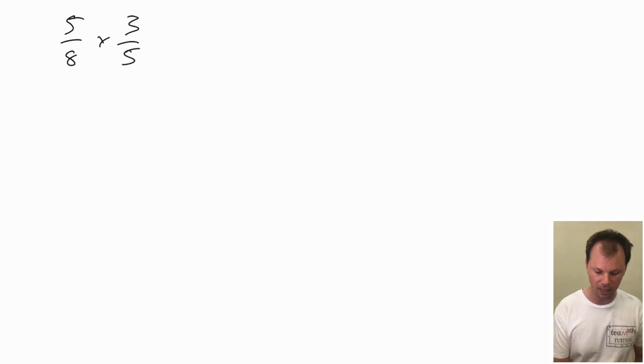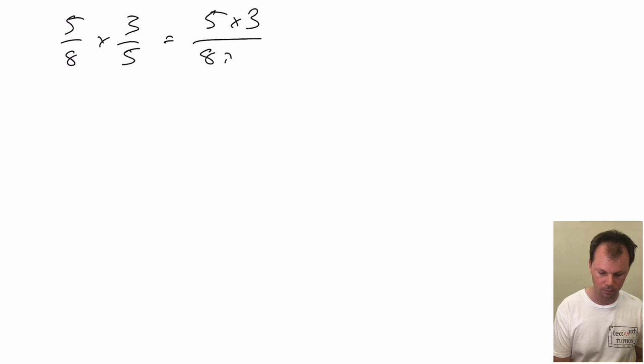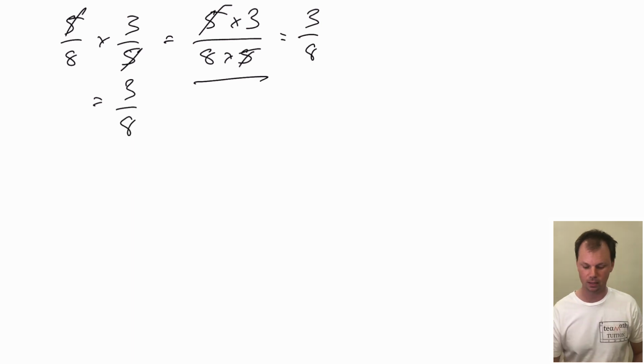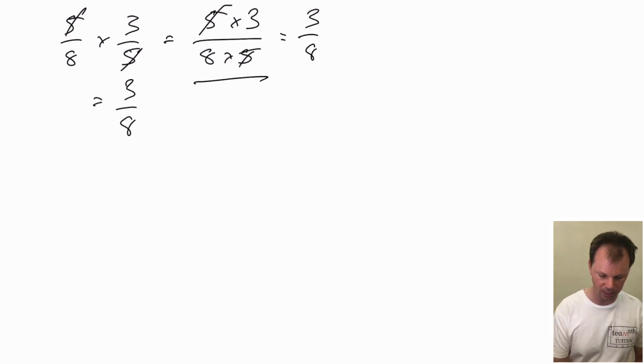So again, if I multiply this, 5's cancel, we end up with 3 on 8. Don't even need to show this step. 5's cancel, we end up with 3 on 8. Perfect. One slight modification of this, if we had